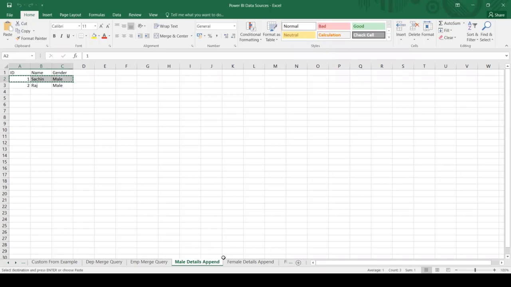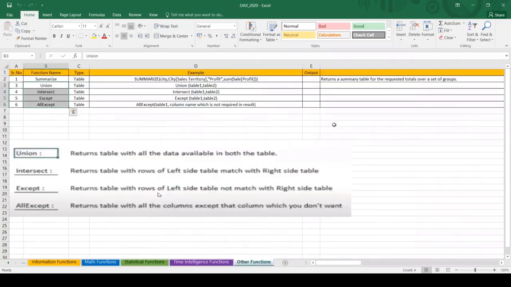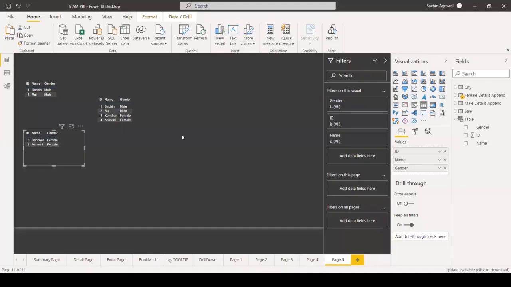See what we are doing: I'm copying this data and putting it over here. Control S. Close this one. Go to your Power BI file, and as we learned, we have to refresh this table now to get that result. So let's refresh